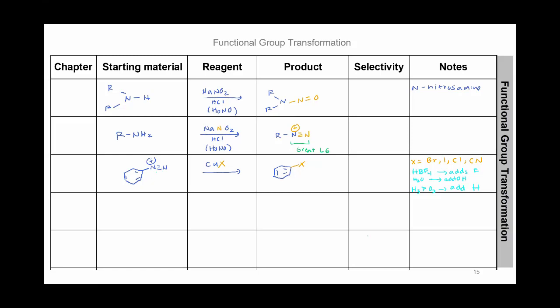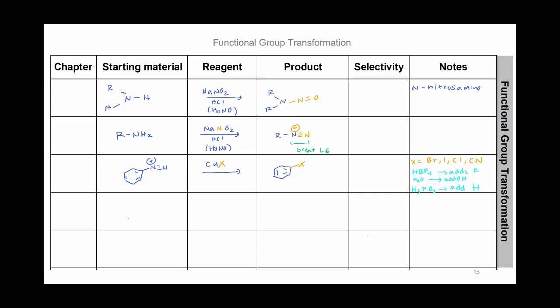So in order to use this diazonium, you have to have aniline present, so the NH2. So it can't be the nitro group. But if you were going to do a synthesis you would start with the benzene, add the nitro group, reduce it to the amine, and then make the diazonium, followed by copper X.